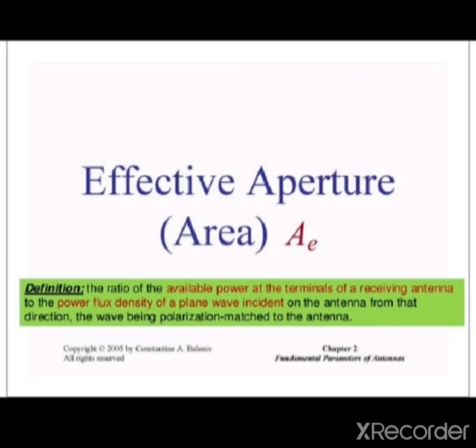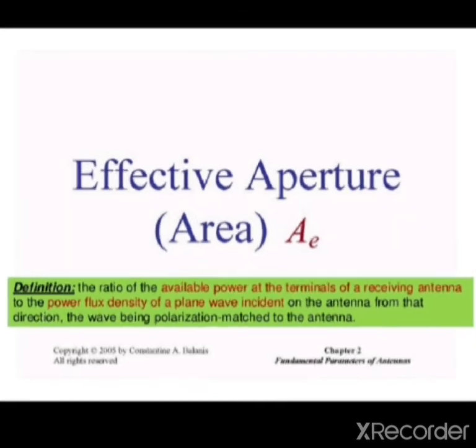So now we will come to the effective aperture area. This is very important. Generally, an antenna has an effective aperture area and a physical aperture area; both will be there. Generally the physical aperture area is more than the effective aperture area, because whatever radiation is done in the antenna is only through the effective aperture, not the total physical aperture. So AE is equivalent to eta (or epsilon) into AP. That means the effective aperture area is always less than the physical aperture area. So now we will go through this.